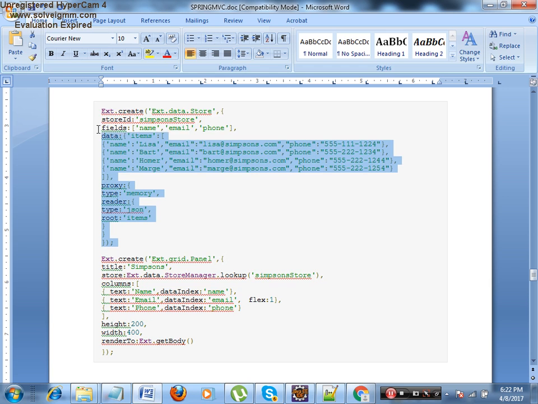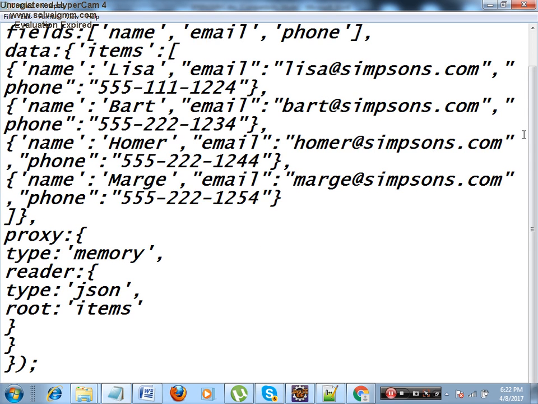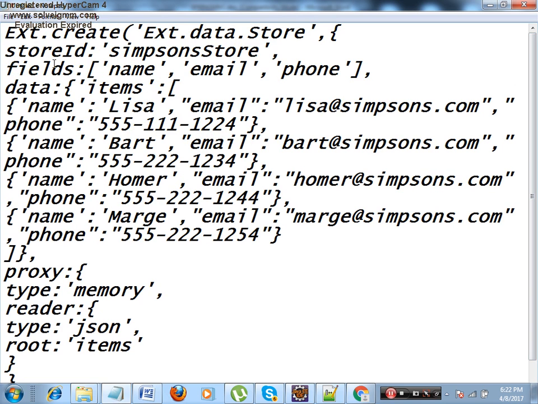The store will look something like this if you don't make any server call. If you make a server call, we have to change a few things. The store will have some fields. Fields is nothing but what all it has to store. See the fields: name, email, phone. Three fields the store is having.